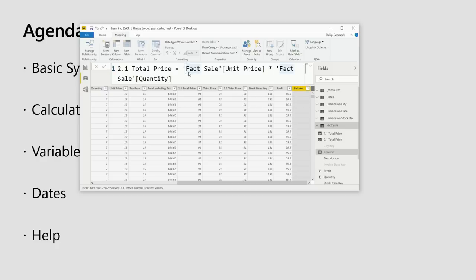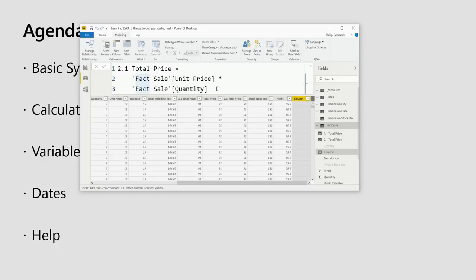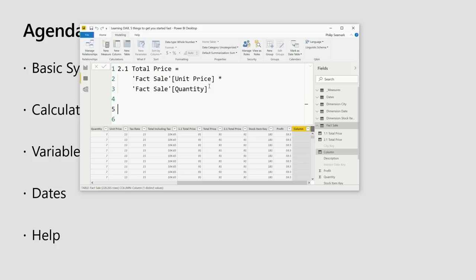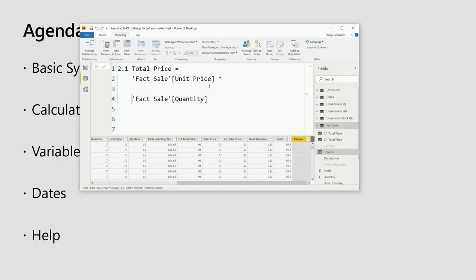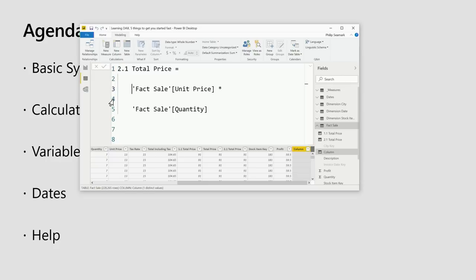Now another nice thing that you should probably do, this doesn't affect performance, is make good use of line spacing and formatting of your code. You'll thank yourself later on when you come back to the same calculation in 3 months' time and you've completely forgotten why you wrote this. You can use Shift Enter and Tab to space out the logic, and you can put as many spaces in here as you need. DAX will not care if you have gaps in your code, and the line numbers on the left-hand side are just for reference when your DAX does get very, very long, and I'll show you some right at the end if we have time.